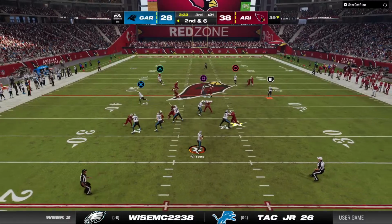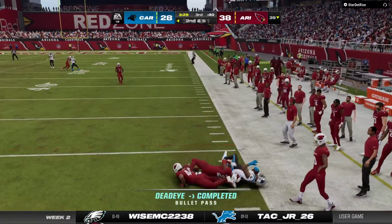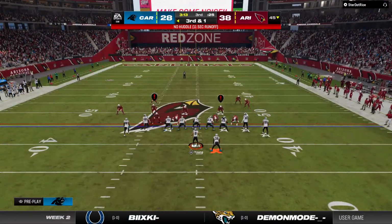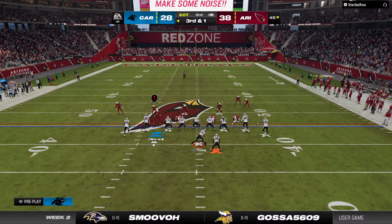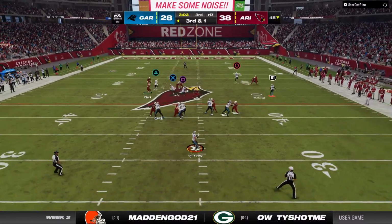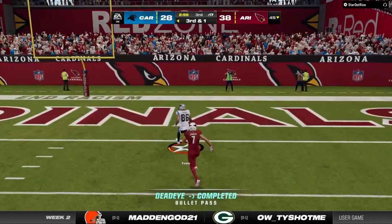Young now. For Marshall, that's complete. And a nice job to break free of one tackle, but it slowed his momentum somewhat, and he's taken down right after. On 3rd and 1, here's Young. Airing this one out for Evans. It's caught at the